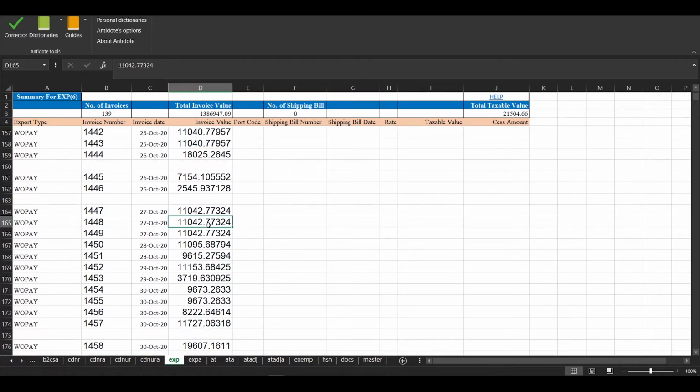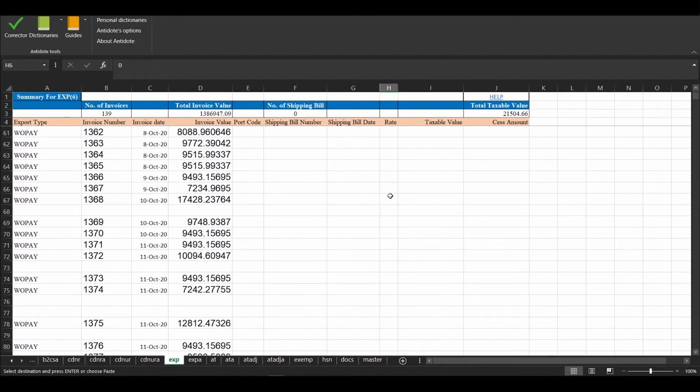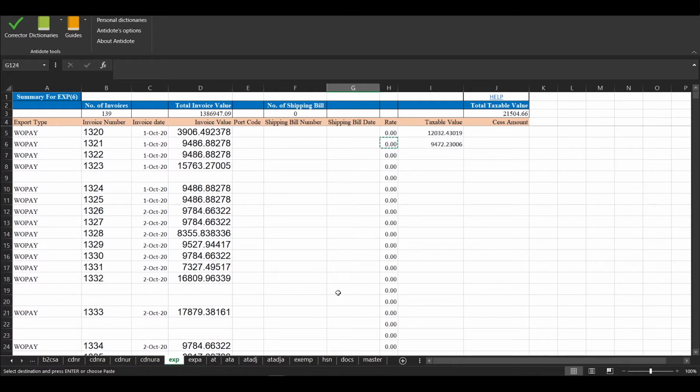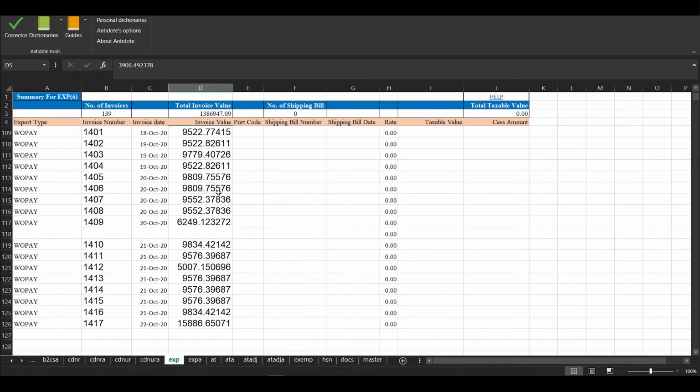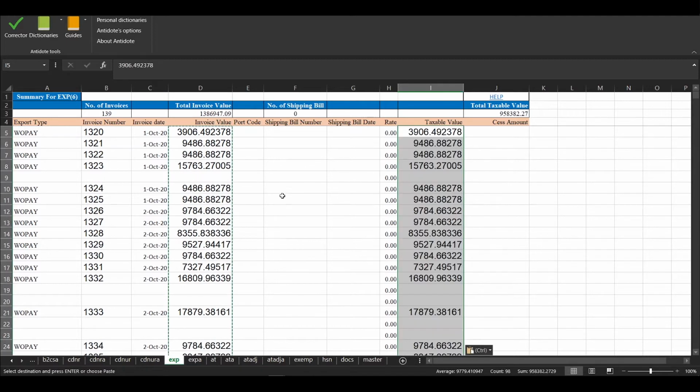So guys, now once this is done, your total invoice value should be mentioned here. Now what you want to do is copy this rate and paste it till the bottom of the document. Okay, now delete these taxable values and we'll paste the invoice values, since these would be the values which would be the total taxable values. Now after selecting, just paste it here.